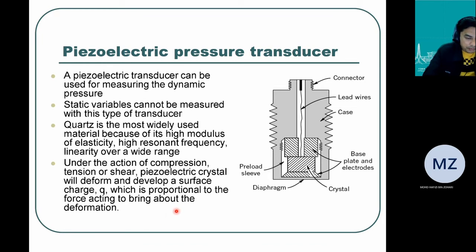So the piezoelectric pressure transducer utilizes piezoelectric materials as the medium to measure the motion of the diaphragm. For example, if you look at the diaphragm here, it has pressure from downwards, moving upwards. The diaphragm will press the piezoelectric material somewhere here, so it will give the electrical output,